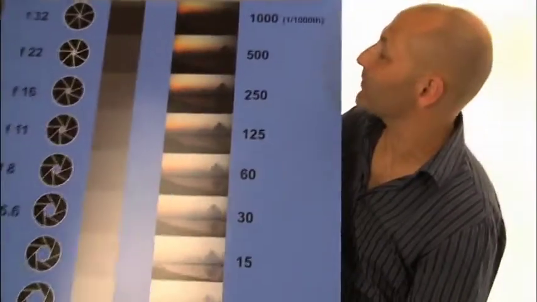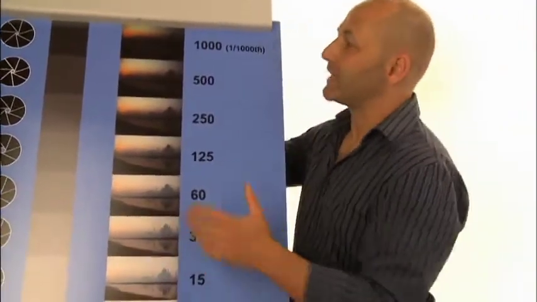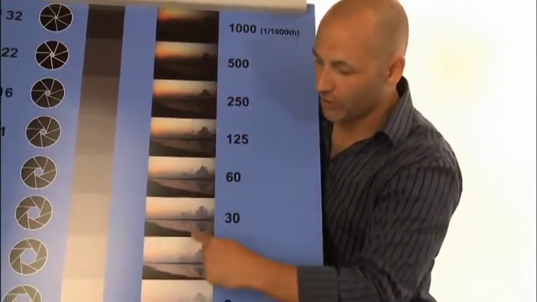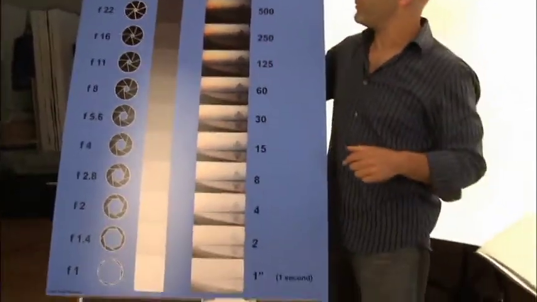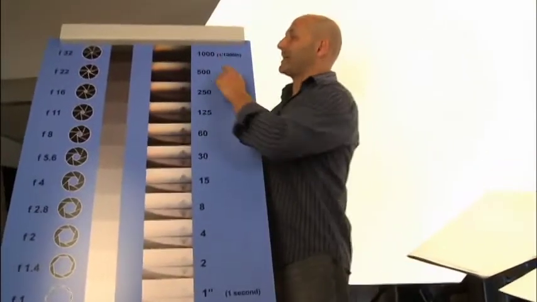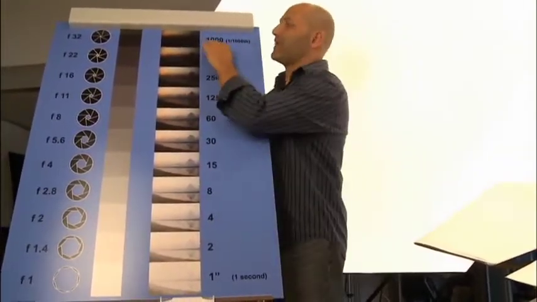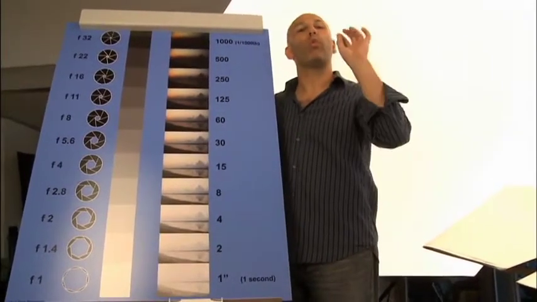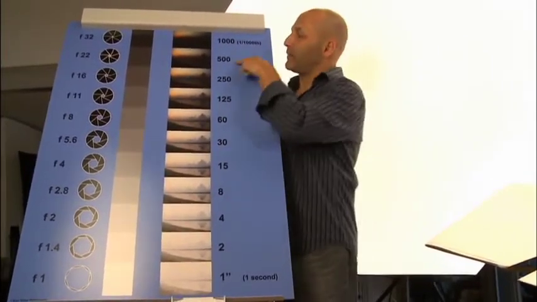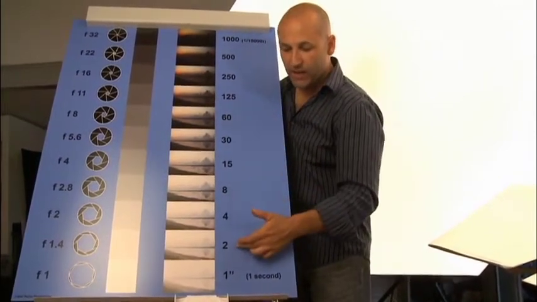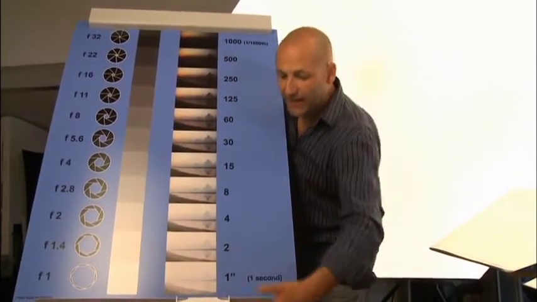Okay, here we go. Now if we look at this graphic, we can see a picture that starts off very dark and is gradually getting lighter in exposure. Now if we look at the numbers corresponding here, these are the shutter speeds. Here we see 1,000. If you see 1,000 on your camera, it actually means 1,000th of a second. Then we have 500th, 250th, 125th, all the way down to quarter, half, 1 second, and then even beyond that